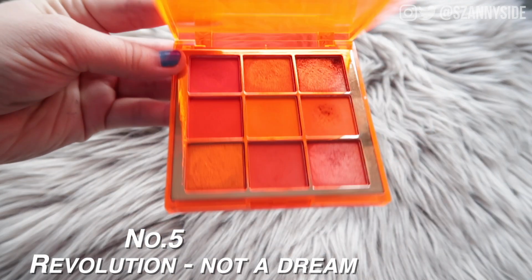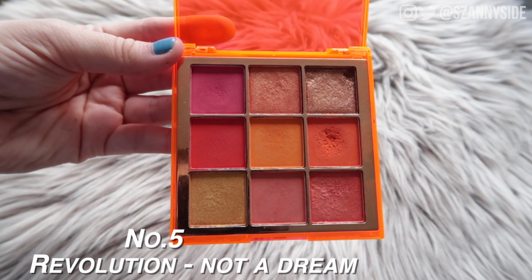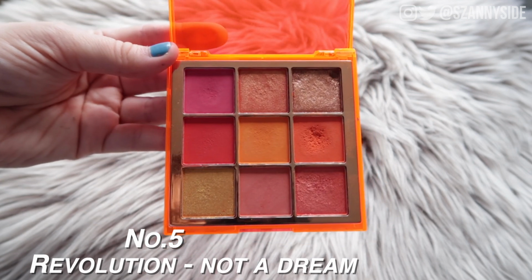This one is the more reddy, purpley, pinky kind of formula, and in this palette, while the shimmers are nice, I'm not that floored with those. But all the mattes in this palette blend like a dream, they work super well together. And while I think the shimmers are not as good quality in this one as in the yellow one for some reason, I still rank this palette higher because the mattes in there, if I wouldn't know that this is Revolution, I would think that this is a much higher